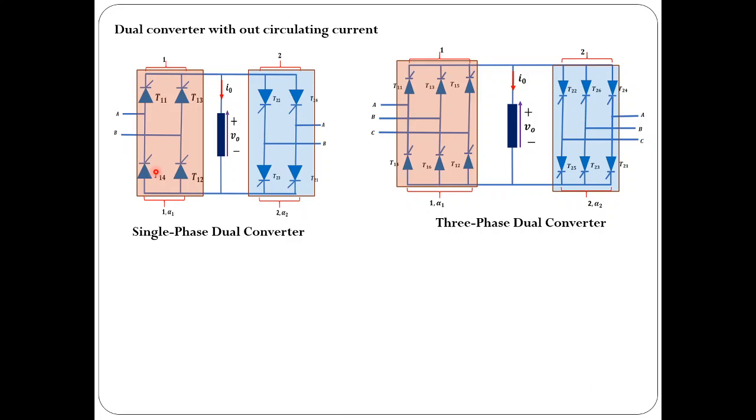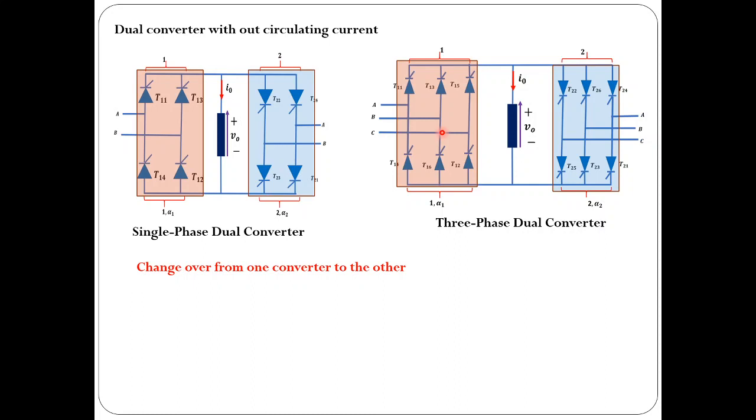If both are operating at a time, then maybe their average voltage across the converters may be equal, but instantaneous values are not going to be equal, which may lead to large circulating current, and there is no limiting reactor here. You can see that both are going to be short circuited in fact. So large circulating current would flow through these two converters, which may lead to damage of the thyristors present in converter 1 and converter 2 in single phase dual converter as well as in three phase dual converter. So you should be very, very careful. You should ensure that one converter is operating at a time. Both should not operate simultaneously.